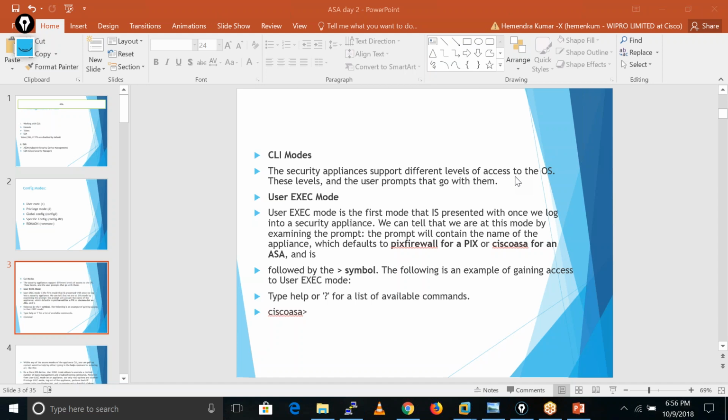He can only do a few things in the ASA. To the L2 engineer we give more access. To L3 we give all the accesses. If we want to provide that kind of thing, for that we have some modes on the ASA firewall.